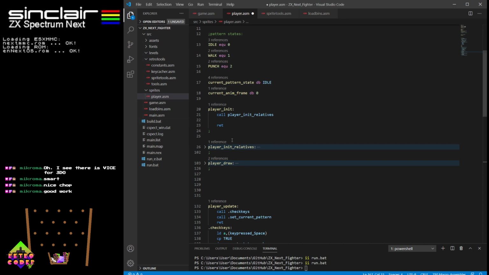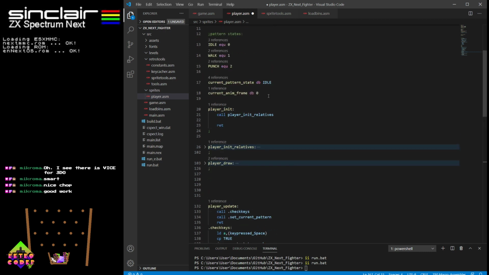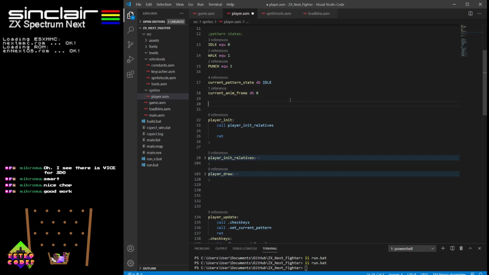Okay, so we've got them working. What next? I think we should make the punch actually animated now. And then we'll make him walk. So to make him animated, we're going to want